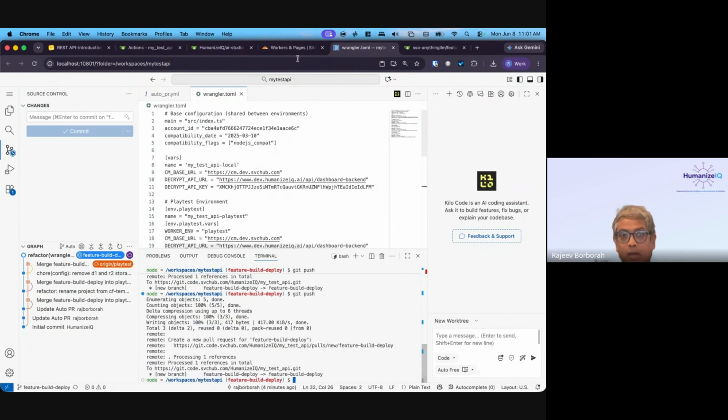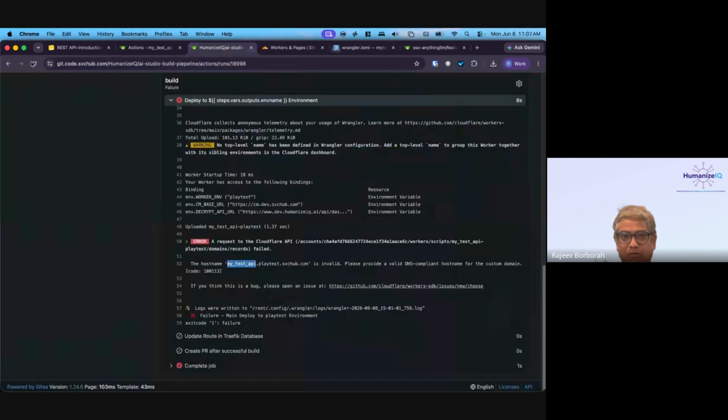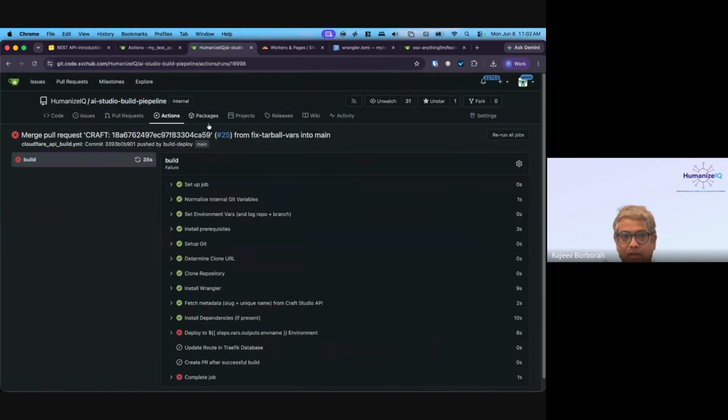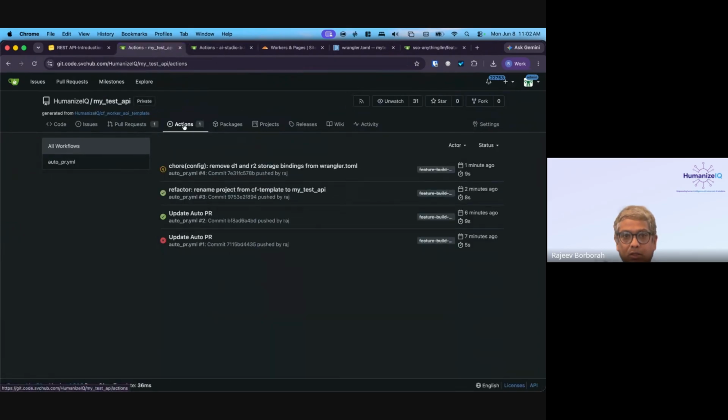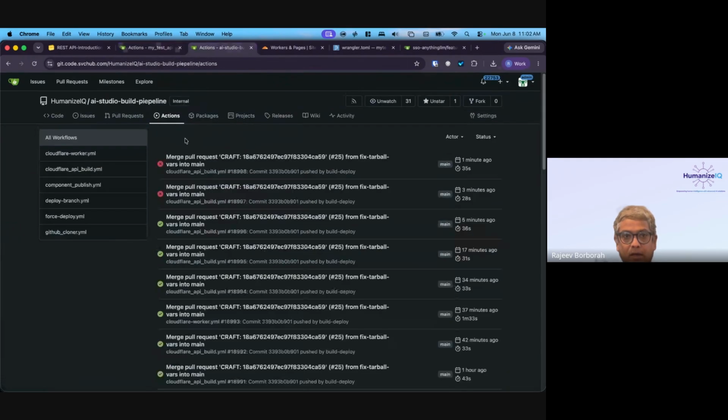One more time. I have not written any code till now because the template has the problem. Why should I waste my time writing code when the template is not yet ready? So let's see, actions. Okay, done. Actions. Okay, it's going on. Let's see.